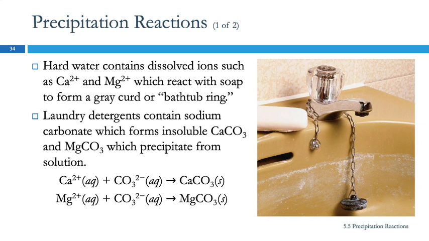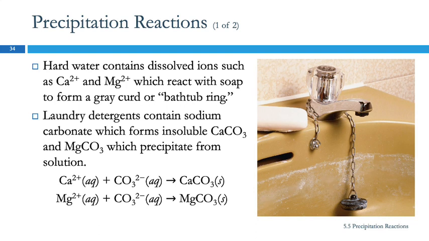And what happens then is that those ions in the water can react with things like soap, and that leads to a bathtub ring after taking a bath. It also leads to, if you have water that evaporates, droplets on the shower walls and stuff, it'll leave little white spots behind, and that's the minerals that were dissolved in the water. So this soap scum